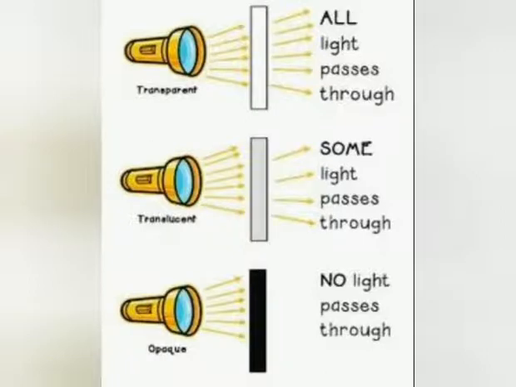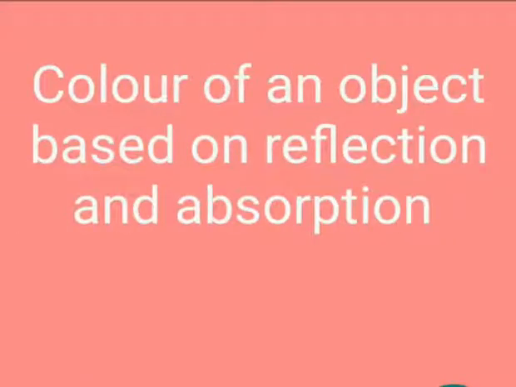The color of reflected light depends upon the color of light falling on the object. So, it can be understood by discussing two topics. First one, when white light falls on an object. Second one, when colored light falls on the object. When white light falls on the object, 3 situations are possible.